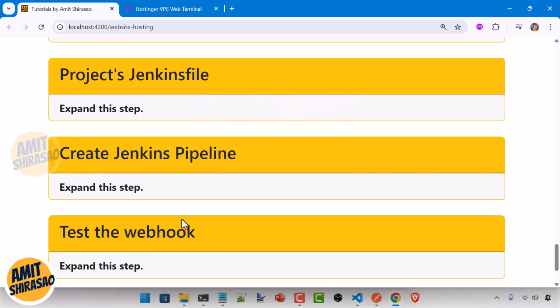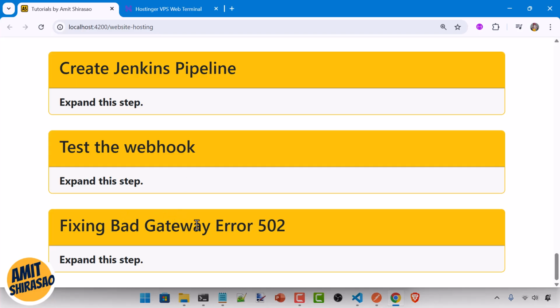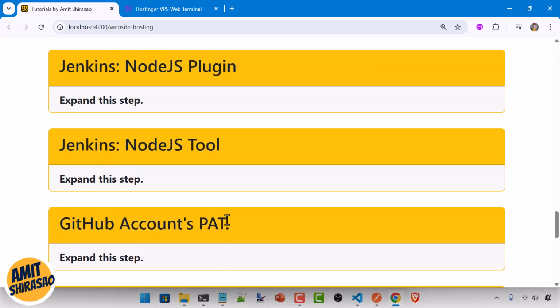create the Jenkins pipeline. The project Jenkinsfile we already have. Create the Jenkins pipeline, yeah, this I have to do in Jenkins, and then test the webhook. So do a dummy commit and it should trigger the build, and then we'll check this bad gateway error. Okay,